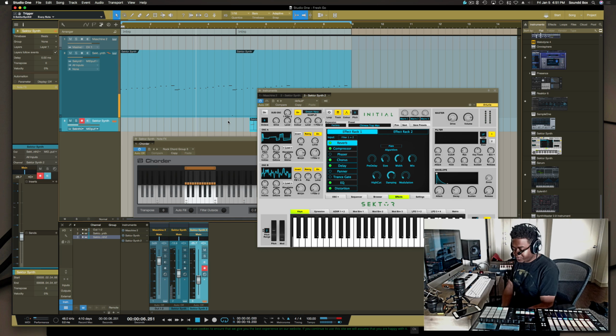And usually intros are softer. Sometimes songs come in with the chorus with a bang, and then you do your changes when the verse comes in, to give room for the lead singer to do their thing. In this case, I like to start it off with an intro that leads into like a build or something like that. So in the first scene, we're going to pull up Maschine again,